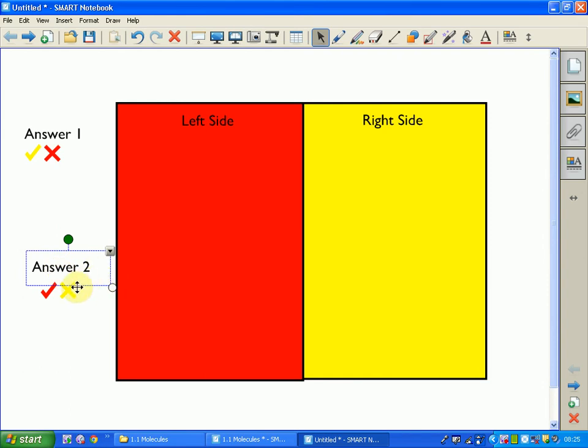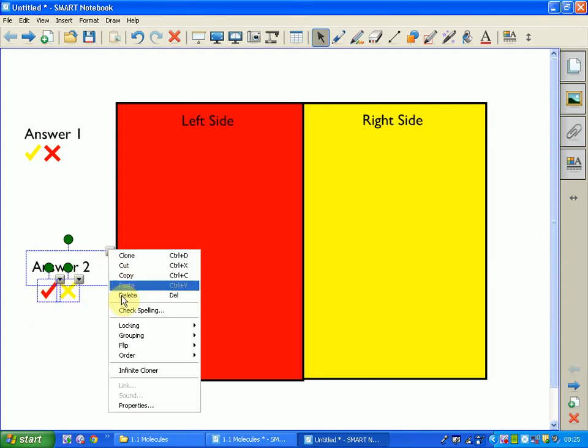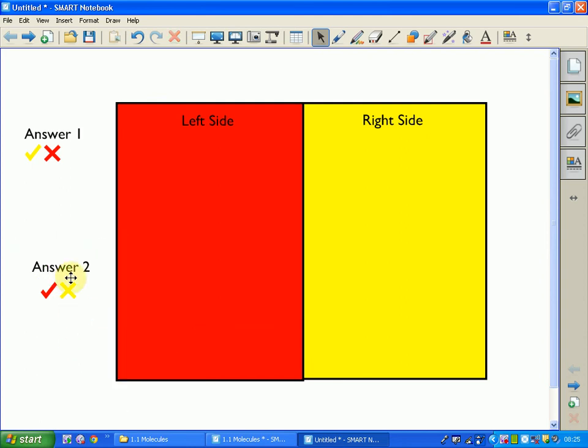Okay, so we're just going to do the same for this. So hit Control on your keyboard and highlight each of your objects. Go to one of the drop down menus and group together. Okay, now our pupils are very quick at working out what colour the tick and cross means, which way it goes in, so we're just going to hide